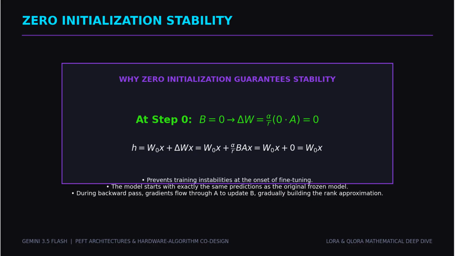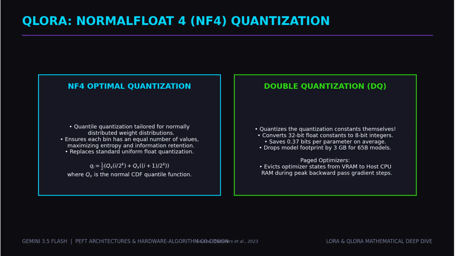Crucially, matrix A is initialized from a Gaussian distribution, while matrix B is initialized to 0. This ensures that delta W is exactly 0 at the start of training, maintaining the model's baseline behavior perfectly at step 0. While LoRA reduces trainable parameters, QLoRA, or quantized low-rank adaptation, introduces three critical innovations to shrink memory footprints